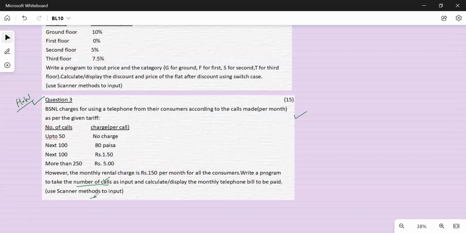So you can accept number of calls through scanner. Along with this, you can even accept the customer's name, the address, anything. Just practice how to accept data of different data types through scanner. Like how you have nextInt for accepting integer. You have next for accepting a single word. That is, for example, you want to accept first name. You can use next or any single word. But if you want to accept address or full name, where